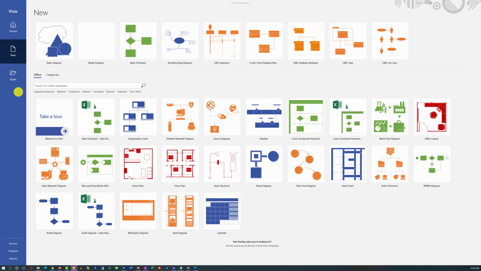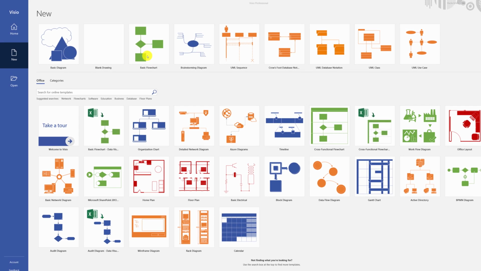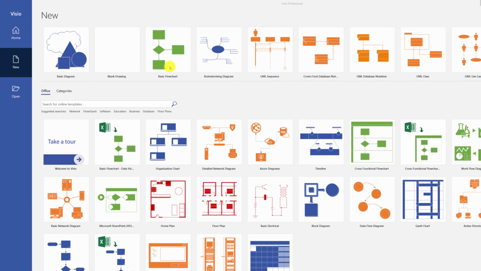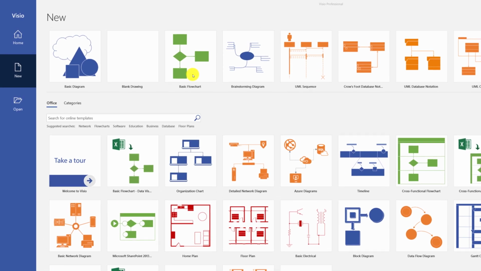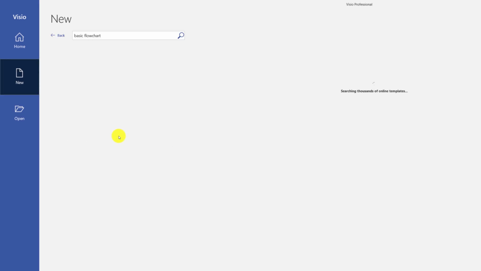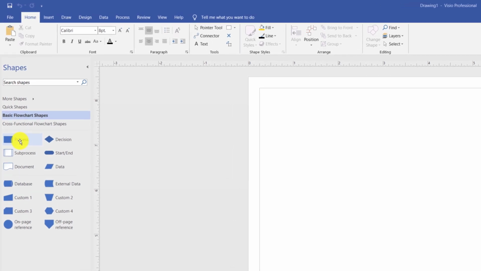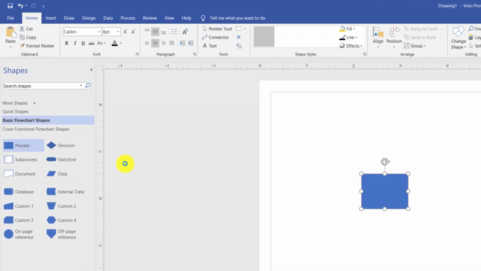The best way to create basic flowchart process flow diagram is to use basic flowchart template in Visio. I used it recently, so it shows up in my recently viewed templates. If you don't see it right away, you can search for it using the search bar and select it from the search results. To start creating the diagram, all you need to do is to drag shapes into the diagram